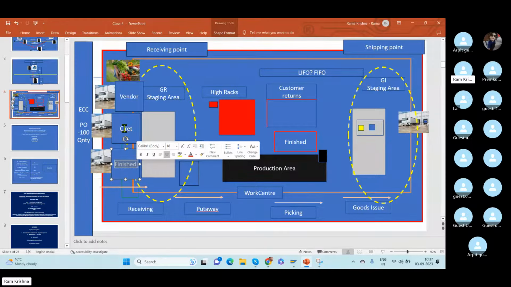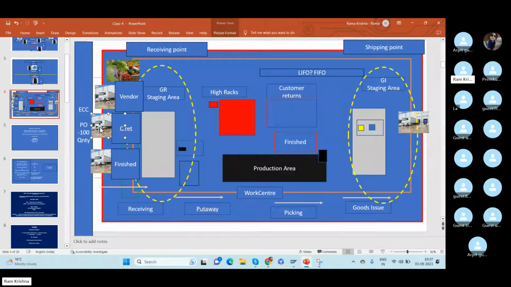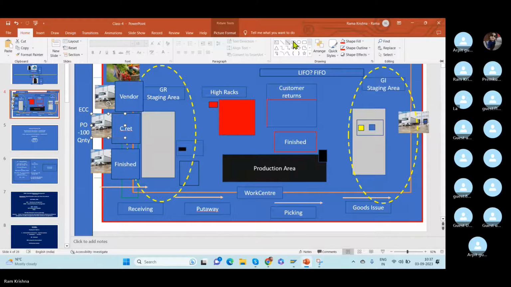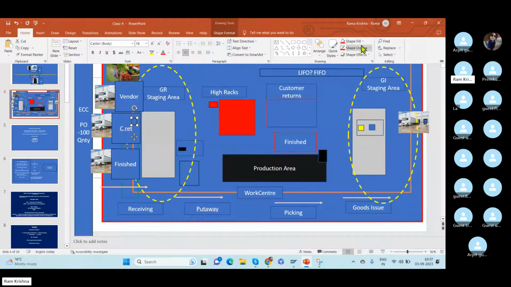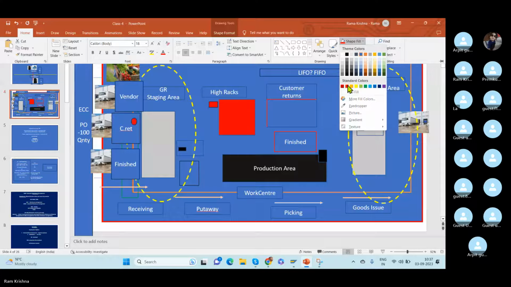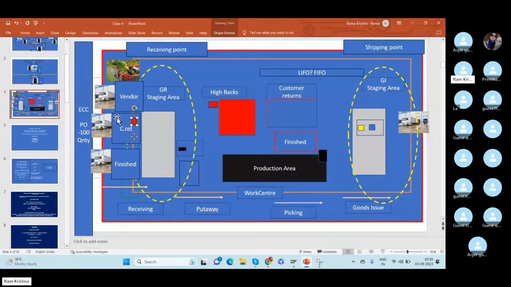Okay, now tell me, guys. Now this customer returns inbound: the pallet should go to which location? The customer returns part you are getting, this will go to which location? Customer return, you should go to the